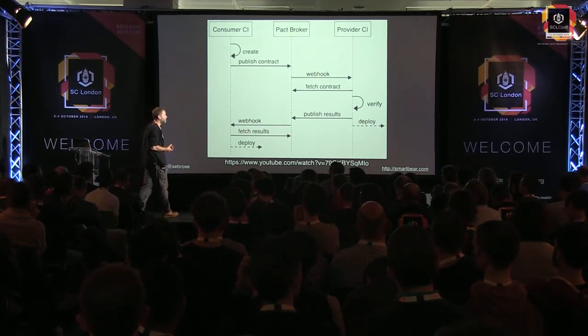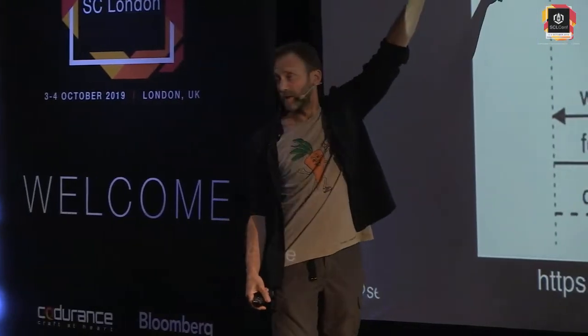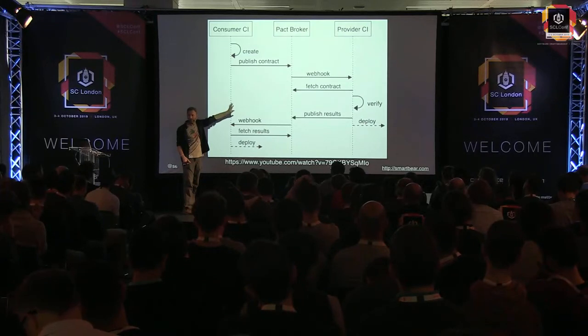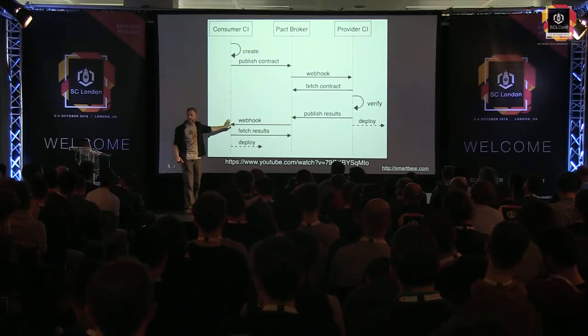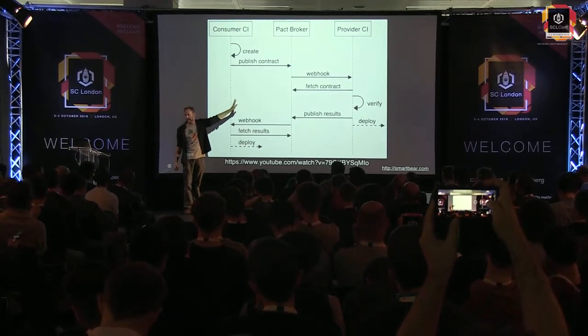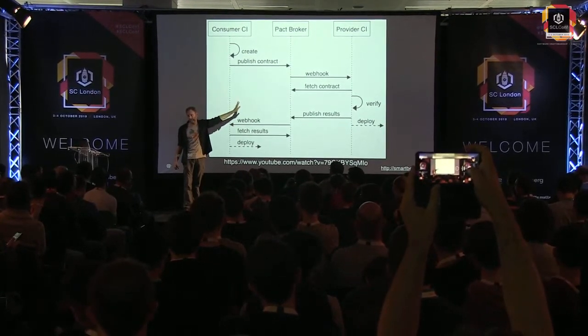So the question was, is the Pact JSON definition materialized, or is it dynamic? It follows a schema, obviously, but it's generated when the CI runs. It actually generates a physical JSON file in the file system, and that file then gets transmitted by a web call up into the broker, where it gets stored. Was that your question?